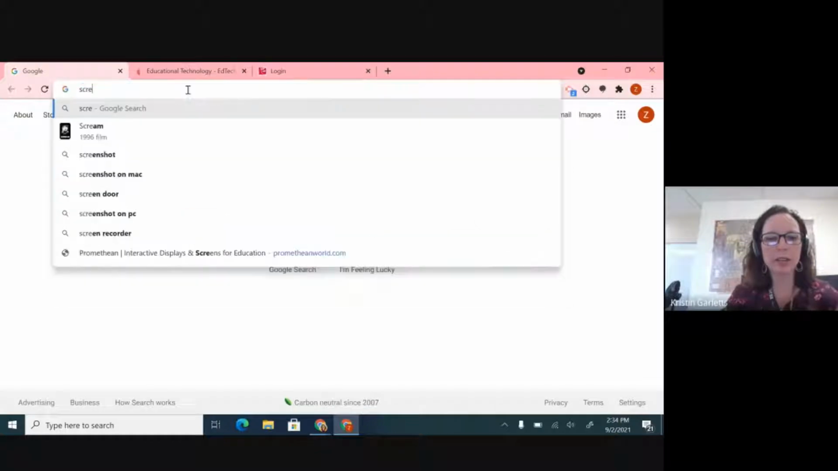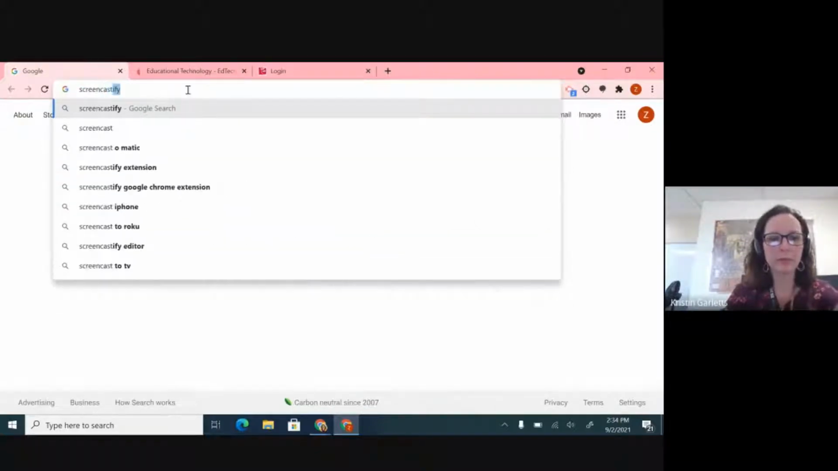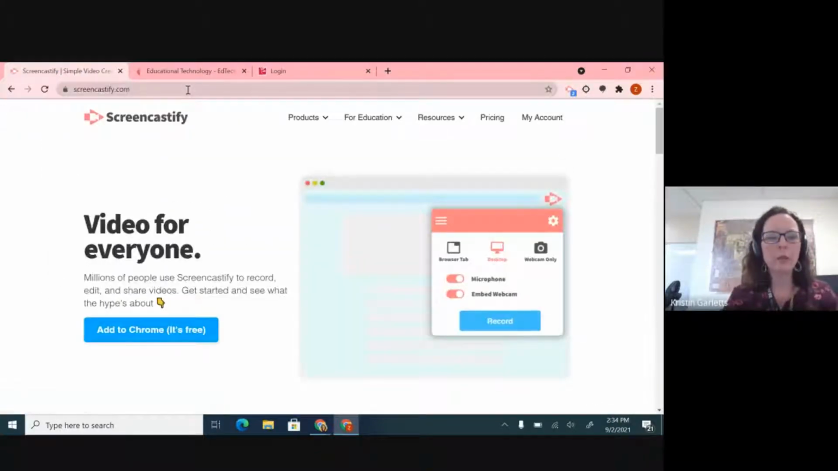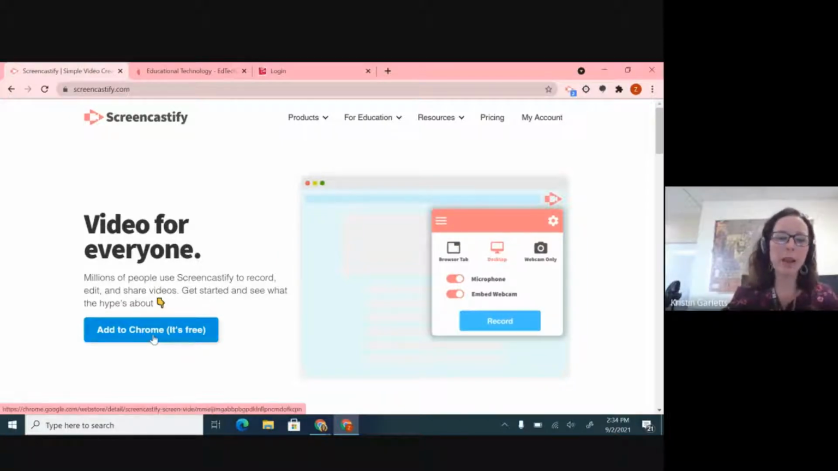It's just screencastify.com. And then when you get Screencastify for the first time, any new user is going to click this blue Add to Chrome button here. It is free. There is a free and a paid version for Screencastify. The free version is awesome. It has all of the editing tools available. The only limit is that it limits you to 5-minute videos,